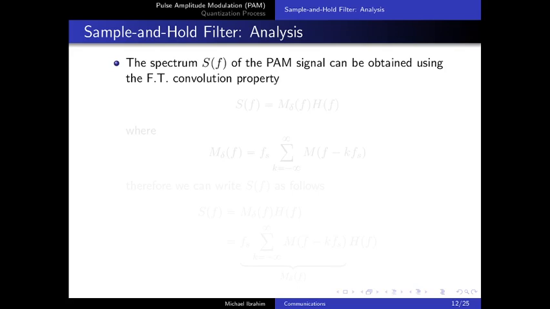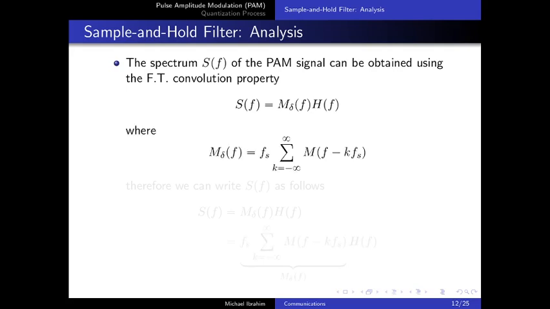So now that we have formulated the pulse amplitude modulation as a convolution between the instantaneously sampled signal m delta of t with h of t, we can easily find the spectrum of the PAM signal using the convolution property of the Fourier transform. As we've seen before in the Fourier transform properties, linear convolution in time corresponds to multiplication in the frequency domain. So if s of t equals m delta of t convolved with h of t, we can simply write s of f equals m delta of f times h of f,